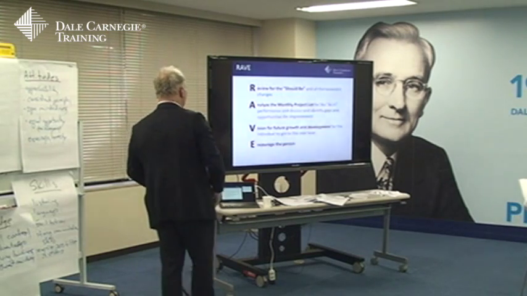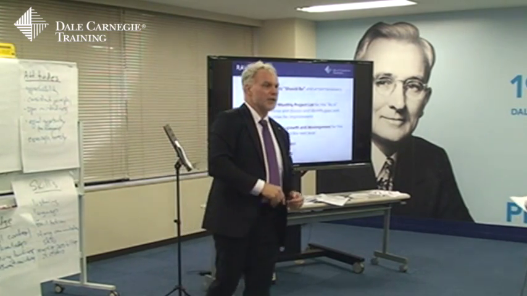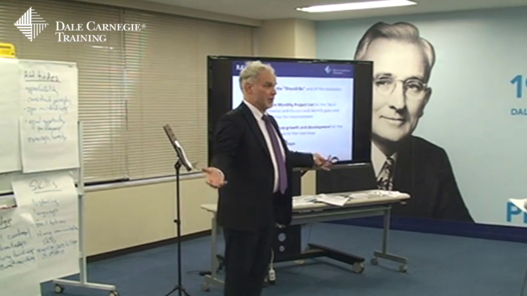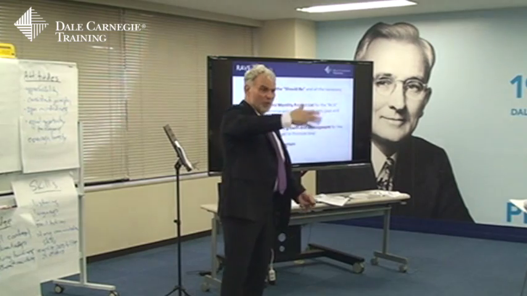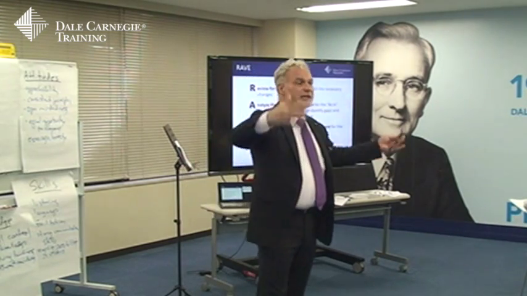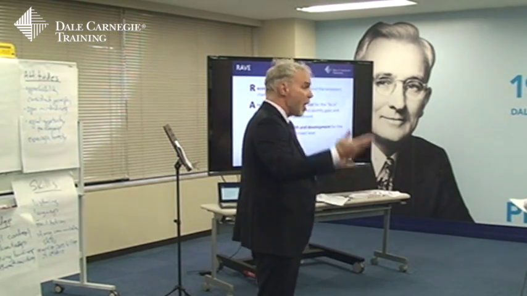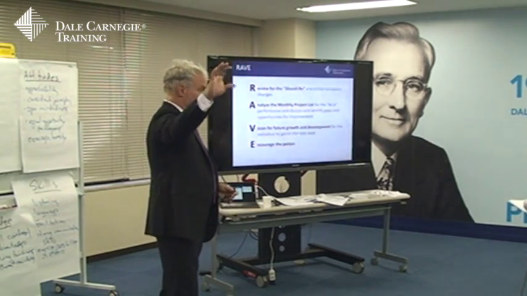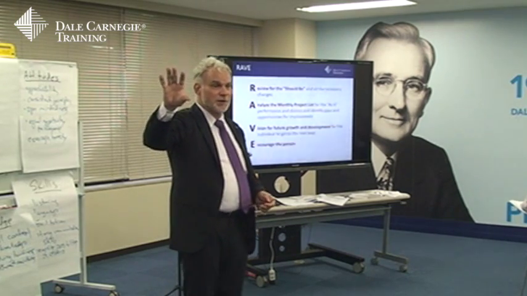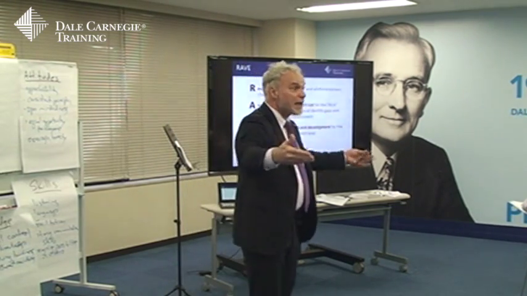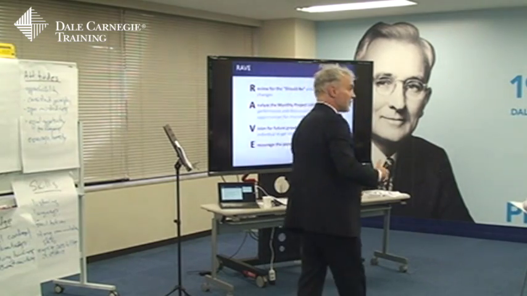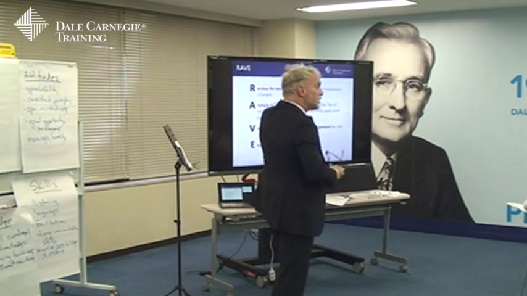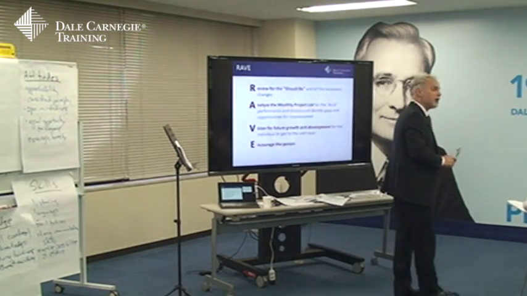And we use the RAVE acronym. And it begins with a review of what should have happened. Say every month you have a review, or every 6 months you have a review. Okay, what were we supposed to do? What was supposed to be the result of those 6 months? And you said, this is what we planned on accomplishing. This was the goal. This is where we wanted to go. And then, what did we actually do? What did we actually accomplish?